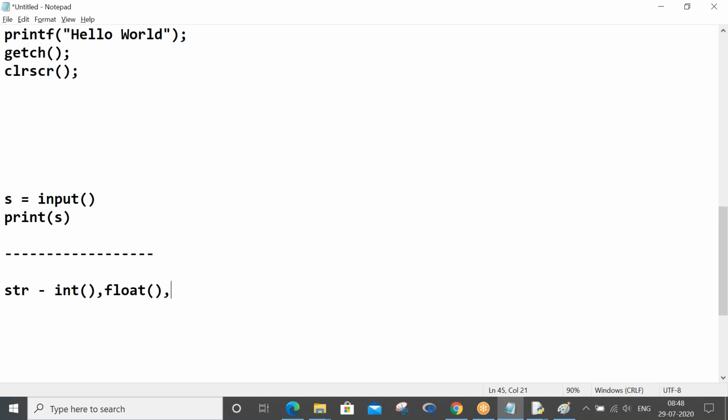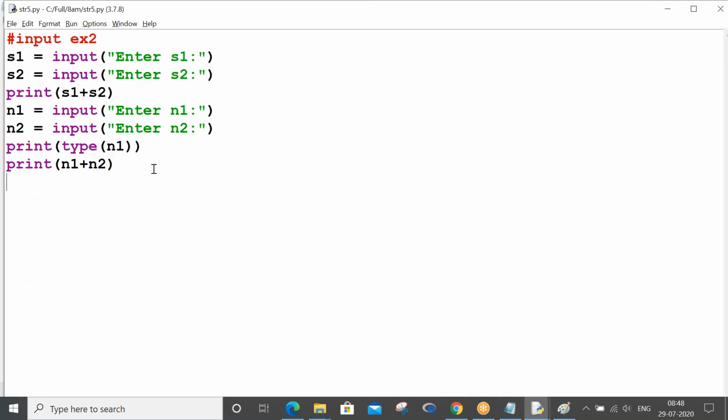Int, float by using float function, complex by using complex function, and bool by using bool function. So these are all type conversion I told you yesterday, right? Now you will get the actual understanding. So data of 100 in the str format you have to convert into int format. What you have to do? Put int, that's it.